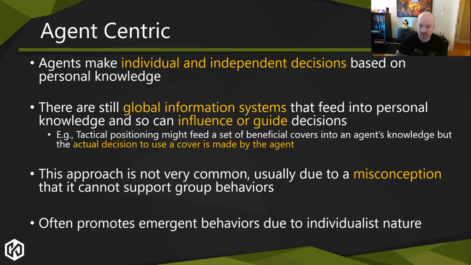The other cool thing about agent-centric is that, because it's agent-centric, you will a lot of the time get more understandable and sometimes emergent behaviors where the AI reacts how you would expect, because it is making its own decision. Like you throw a wrench to make a noise and all the agents that hear it react. Whereas with the manager approach, the game design rule might be that I want one character to react, so it picks the closest character. If you throw the wrench a little to the left or right, you might get different characters reacting, and that can look janky or broken, or the player might not understand what's going on.